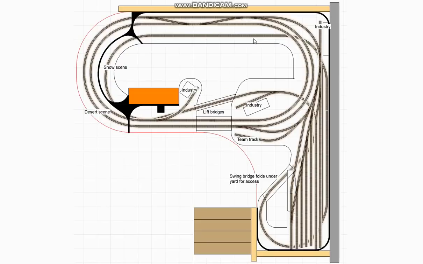Initially, he asked if we could have another loop above the main level that would make use of the south alcove. Obviously, this has to be a much sharper radius curve because it's only 63 inches wide. So he's not able to use 072 curves on this end. Now, putting the extra loop above the main level really wasn't going to work because it would have been impossible to find locations for bridge piers. And connecting the two levels with the grade would have just taken up way too much space. But he said he was okay with having it completely separated and much of it in tunnel. So with that in mind, I drew it in, and I was able to get a fair bit of it